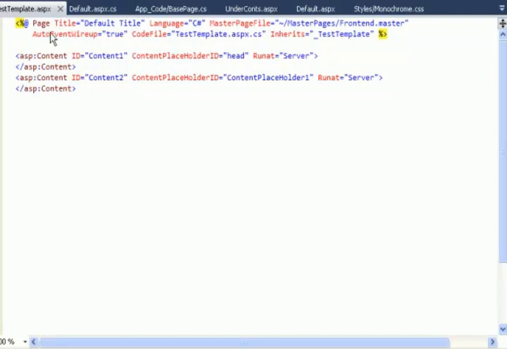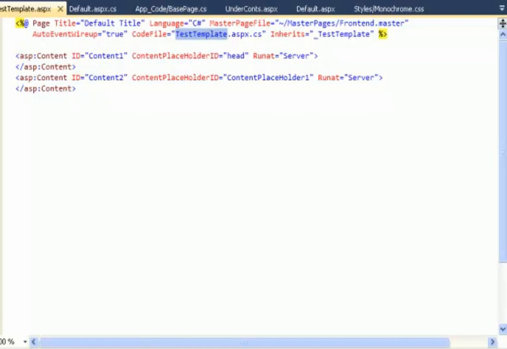Notice that at the beginning of the file you have the page directive with the default title, which was given in the template that I just created there, and the name of the file that was to be used essentially is also automatically changed to the name that I gave it, that is test template,